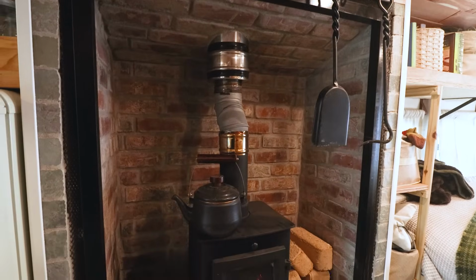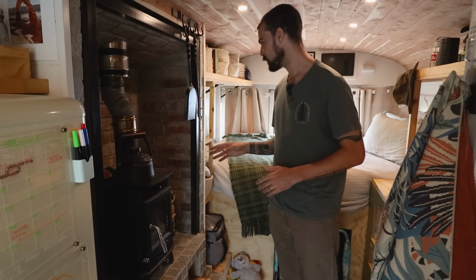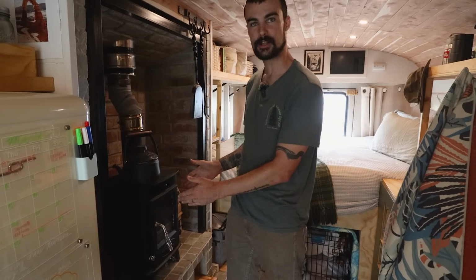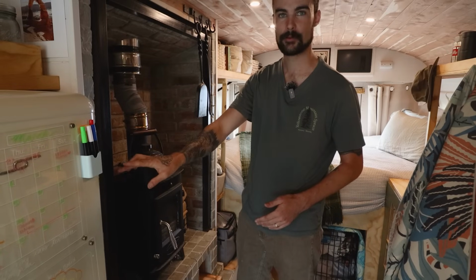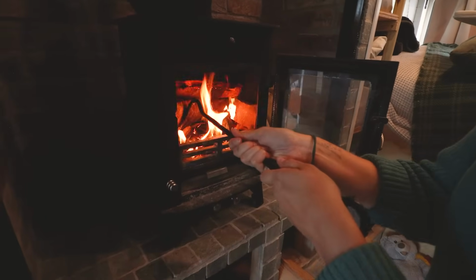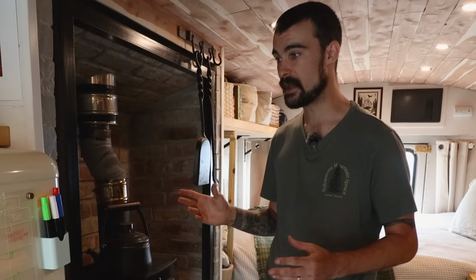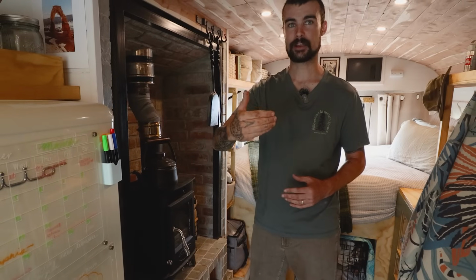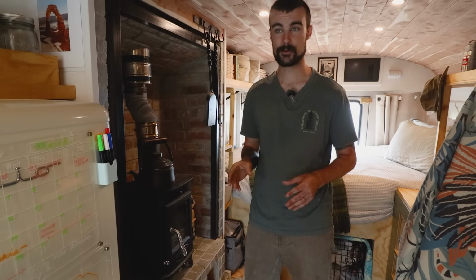And then this must be the crowning achievement for the bus. This is our fireplace. This was a project because we had to redo it a couple times. The first time, the walls were too close to the furnace for it to be safe. The second time, we forgot to put a 1-inch air gap around the border of this unit. It takes a little bit longer to get going, but I think there's a real sense of reward once it's going. It heats the place great, and with this air gap, when the bricks get hot, it pushes all the air out into the bus. Honestly, sometimes it gets too hot and we have to crack a window in the middle of winter,